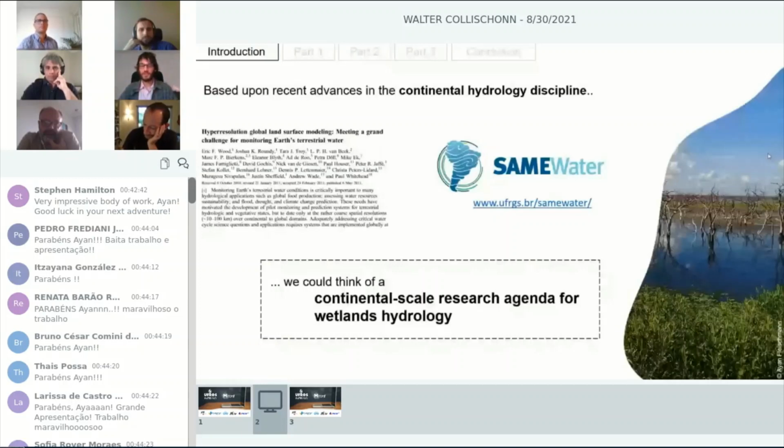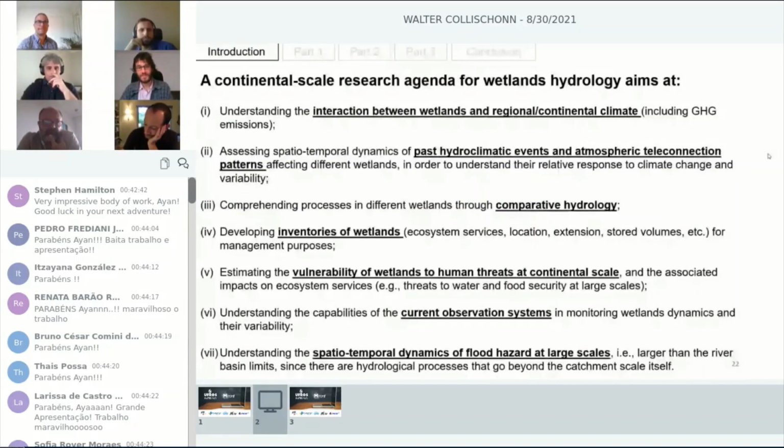And in this sense, we could think of a continental scale research agenda for wetlands hydrology, which is the main topic of this thesis. And such an agenda would aim at understanding the interaction between wetlands and regional and continental climate, understanding past hydroclimatic events that affect different wetlands, and understanding processes through comparative hydrology approaches,